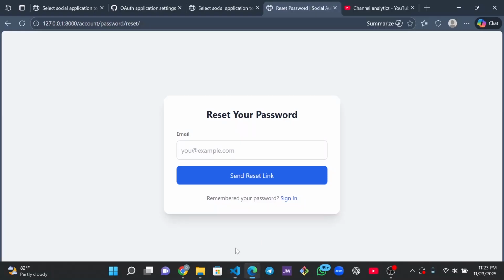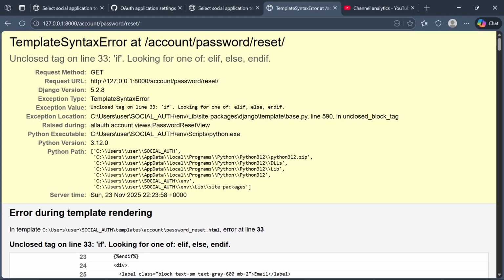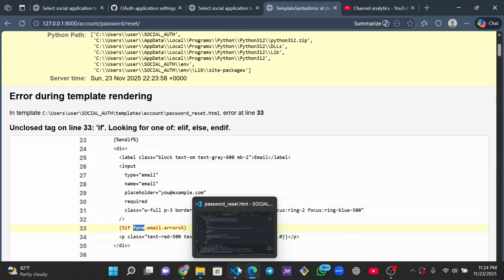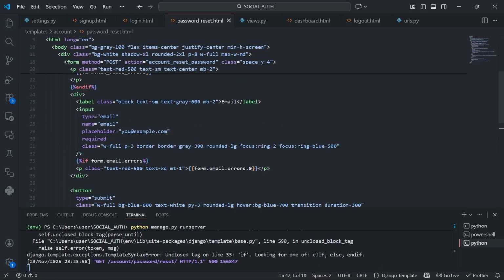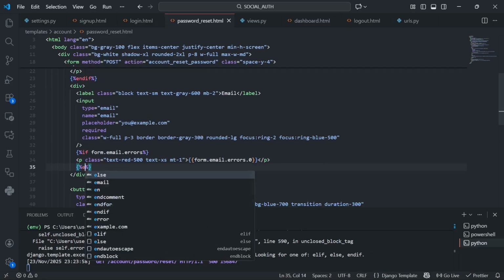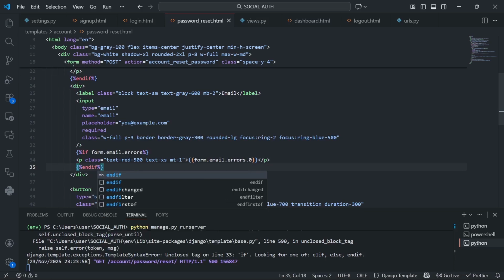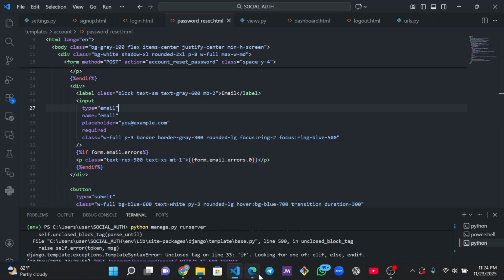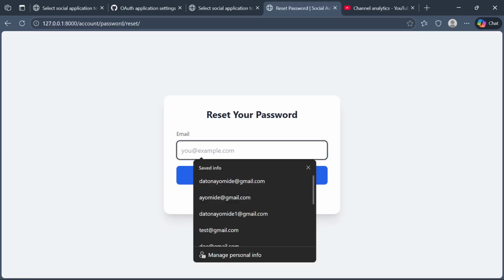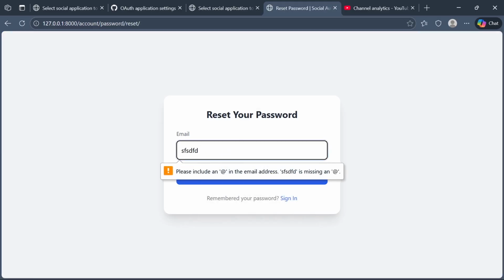So if I come back to my browser and refresh this page, okay, we're having a template syntax error on close tag if. So we didn't end if here. Let's come here in this place after this p tag. So we have to end our if statement, sorry, end if, and save this. Then going back to the browser here, refresh this page. So we have this. So when you put in something that is not correct, so let's say